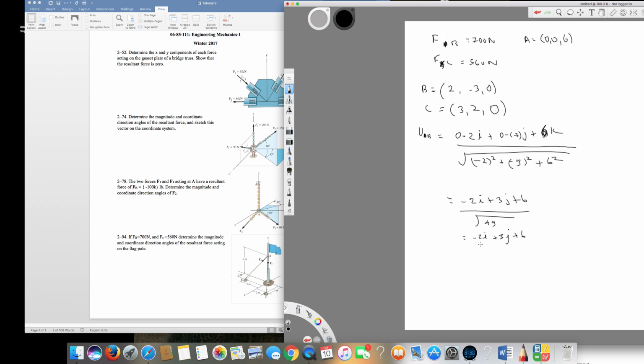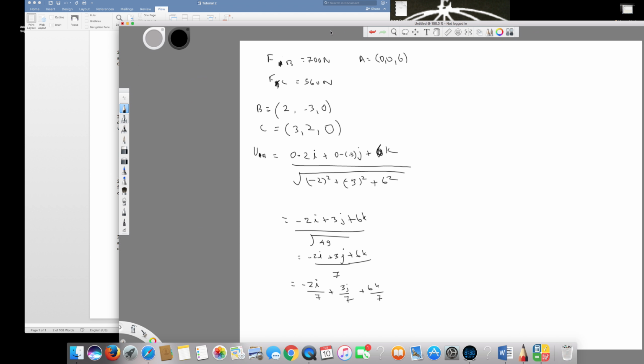So I can just directly write 7 right here. I have to simply divide everything by 7 separately, so I can find each value. It's like negative 2i over 7 plus 3j over 7 plus 6k over 7. So this is my UAB, and